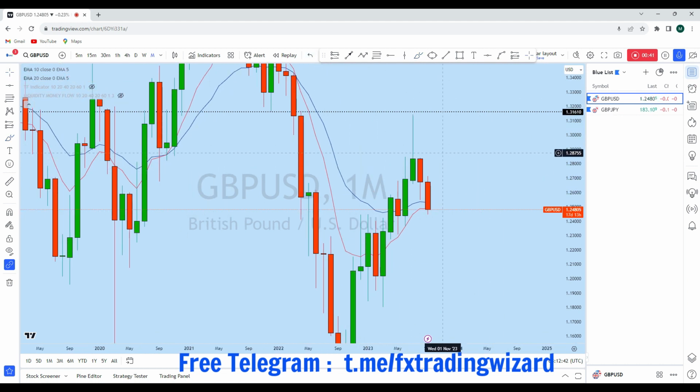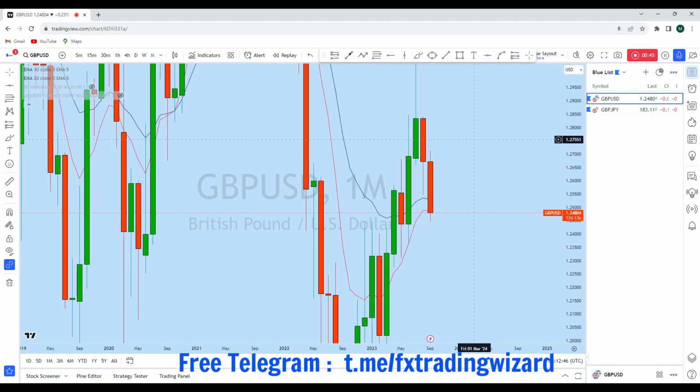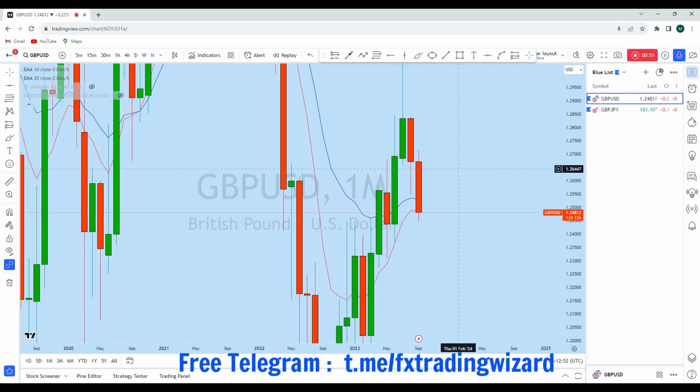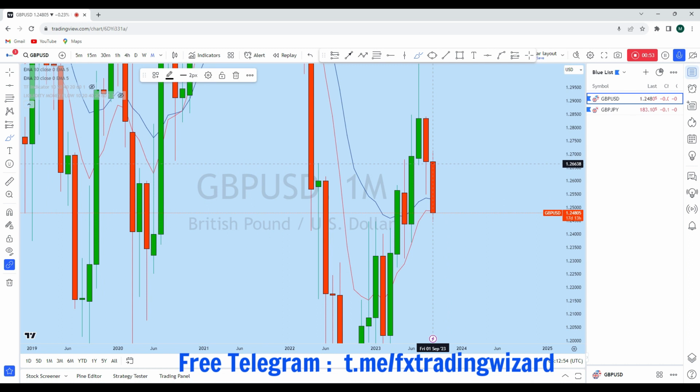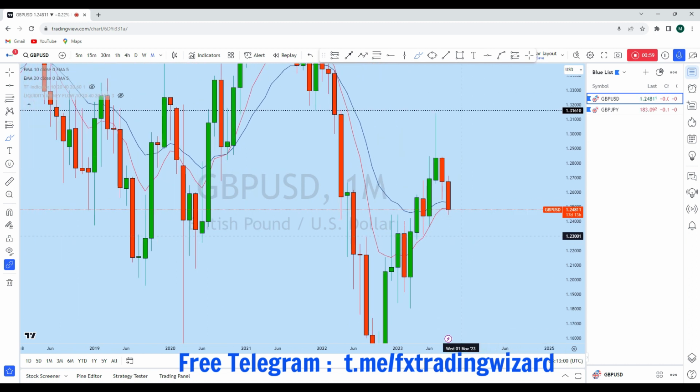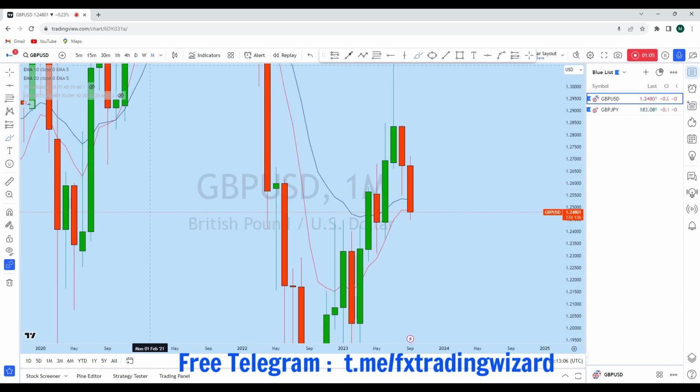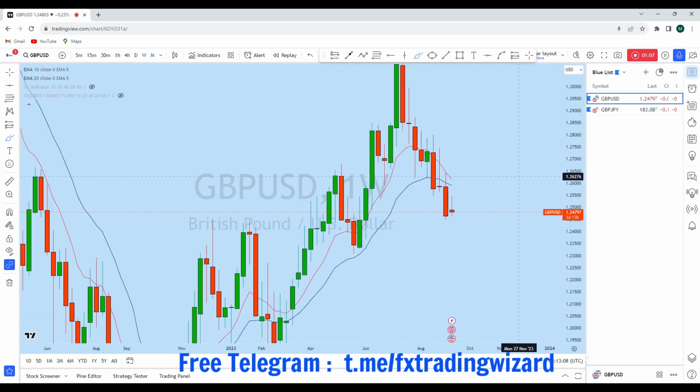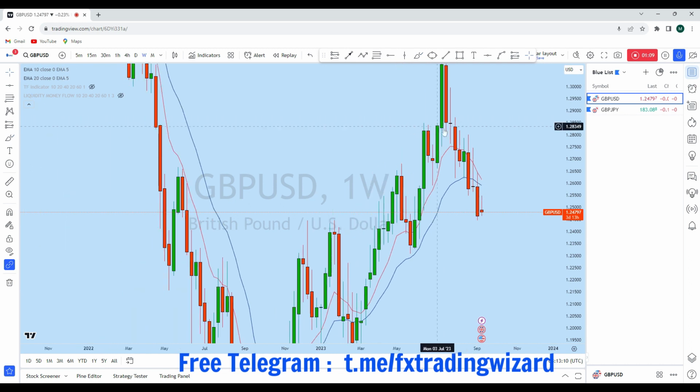Now with that long wick candle, we have seen that the previous month GBP USD has formed this monthly candle that has a healthy body and also a long wick at the bottom. Now this month we have seen that GBP USD initially went back up and the price has started to drop again. And with the drop, what we can expect on GBP USD is to come back down to create a new lower low. Now, if we look at the weekly time frame on GBP USD, from the weekly perspective, we